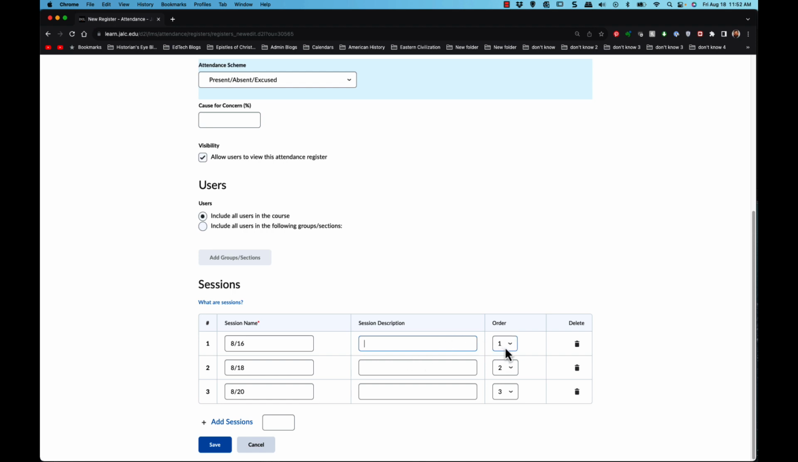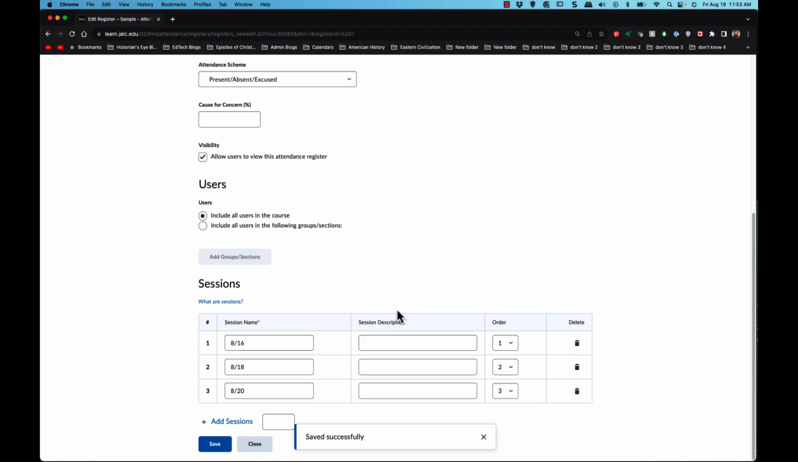And then you've got the ability to order these. So next semester, if you need to reorder them, you've got the ability to do that. And then you've got the option here to delete any of the ones that are here. So if you want to add more sessions,